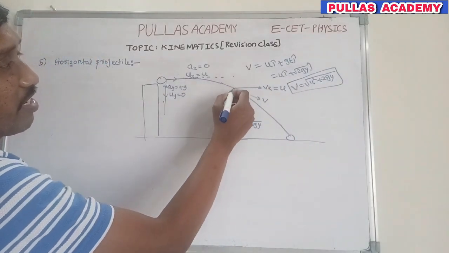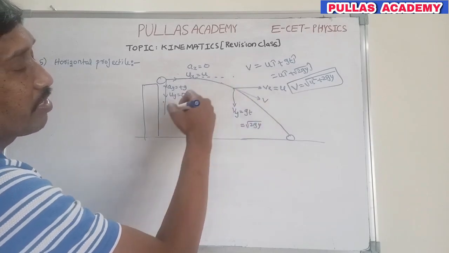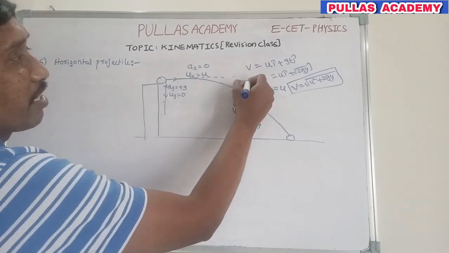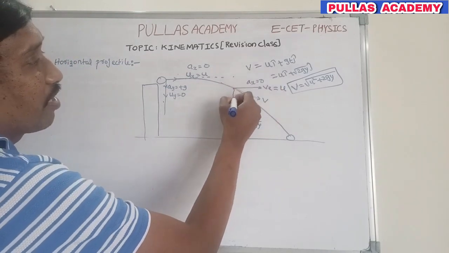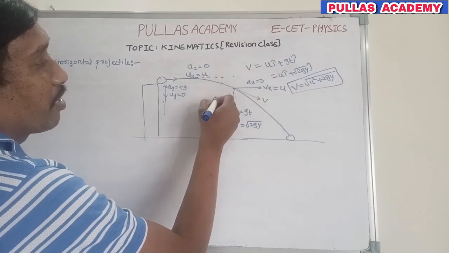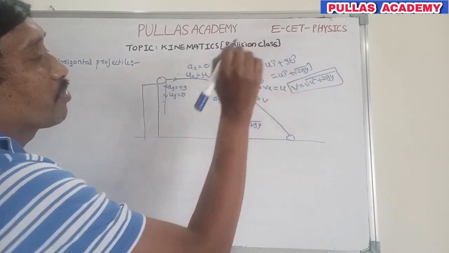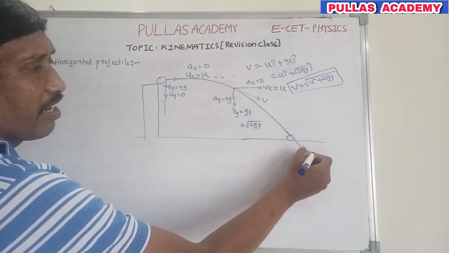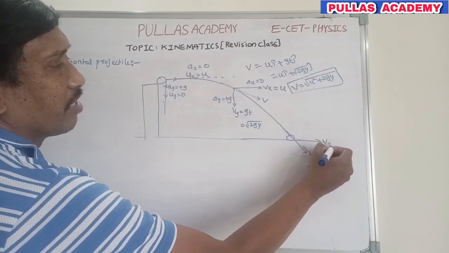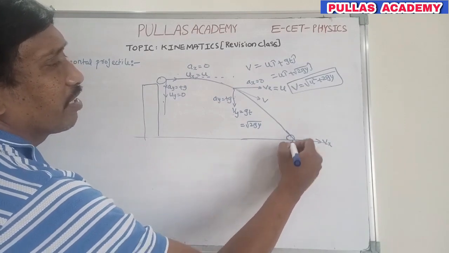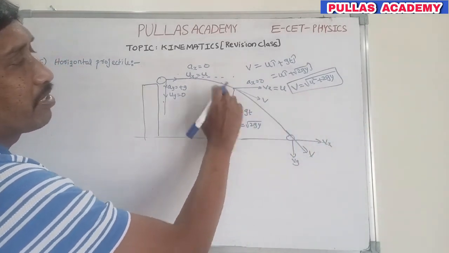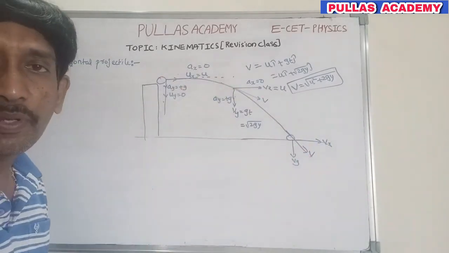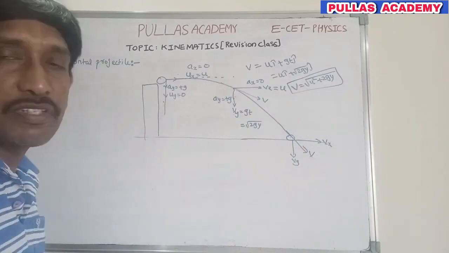Clear? Acceleration here also is downwards. So this is velocity. 90 minus theta is the angle between velocity and acceleration. Here also ax is always 0 along horizontal direction. It is uniform motion. That means ay is equal to plus g. So these are the known parameters. Next, when it reaches the striking point, again the same, there is no difference. This is vx, this is vy. So just the same expression, but the time taken is more. That's why displacement increases and velocity increases. But the formulas are the same.